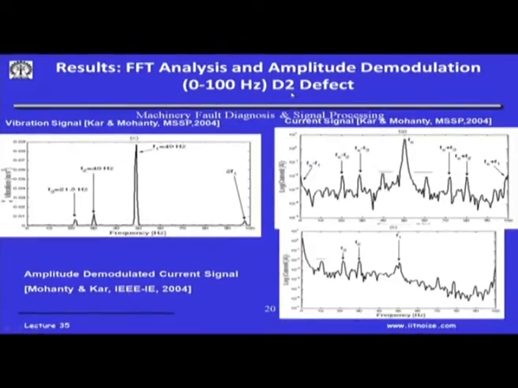Similarly, again with the defect severity, D2 is where we have two teeth removed, and you can see the amplitudes again going up. These are because of sidebands. So, the key catch is that the torque or the defect is going to modulate. Modulation means the current will have sidebands, and sidebands have to be detected by demodulation, and the amplitude of sidebands will increase with the defect severity.